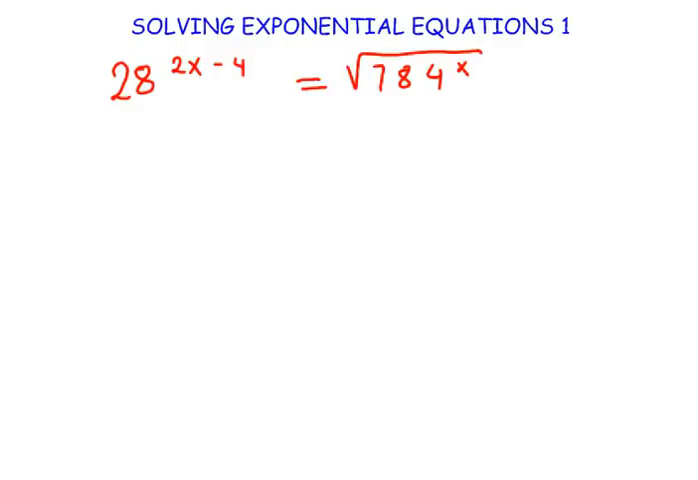Solving exponential equations, part 1. In this question we have to find x that would balance this equation. On the left hand side you see a number to exponent 2x minus 4, and on the right hand side you'll see the square root of 784 to exponent x. So the first thing that we will do now is to eliminate the square root by